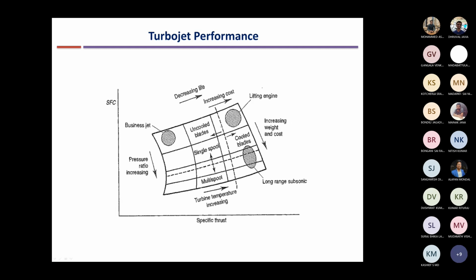On the other hand, business aircraft generally fly for less time. Not like commercial aircraft, which fly every day continuously for 10, 12 hours, business aircraft will be flying sporadically, only intermittently. So fuel consumption is not an important parameter for business aircraft, and very high thrust is also not required. What is important is that the capital cost of purchasing the aircraft should be low. As a result, they are designed in this region.